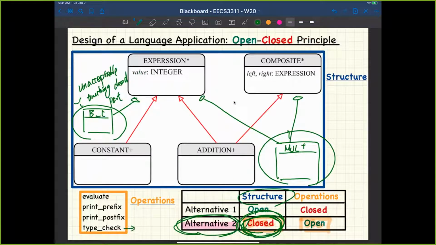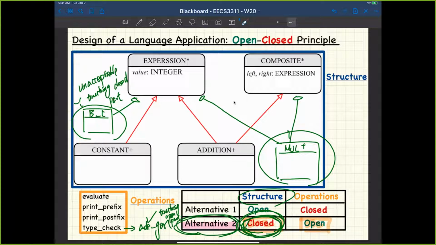So now if we try to add cogeneration over here, this will be okay because we are touching the open part. I would say you really want to review this design principle. Again, the design principle doesn't really tell you which alternative you should choose. Choosing either this or this doesn't matter as long as you stick to it, and as long as you have some judgment, some proper justification for why you choose that particular alternative. Okay, that's one. And number 2,